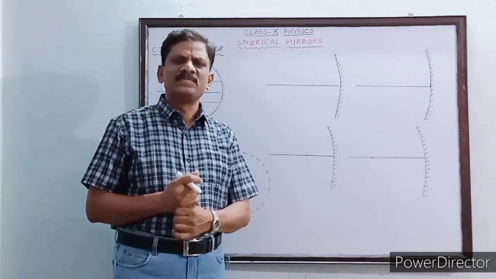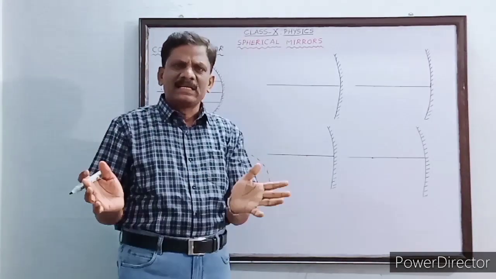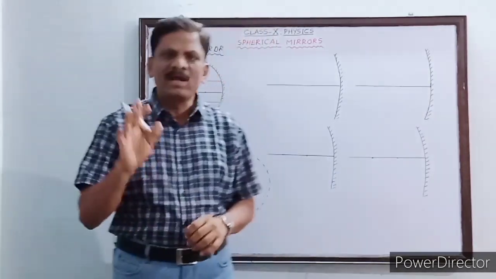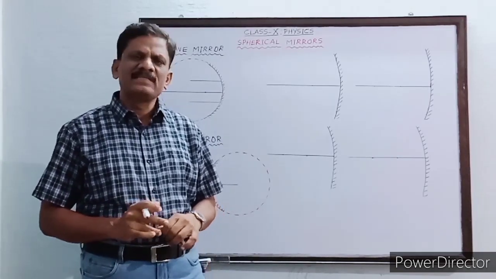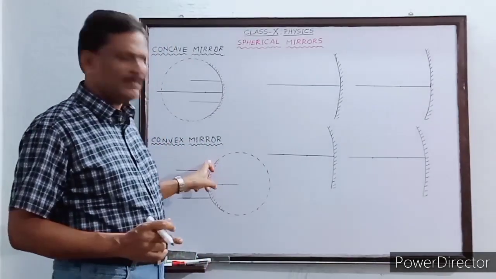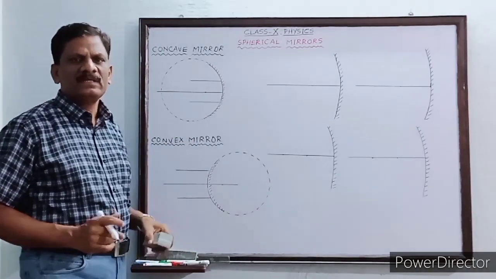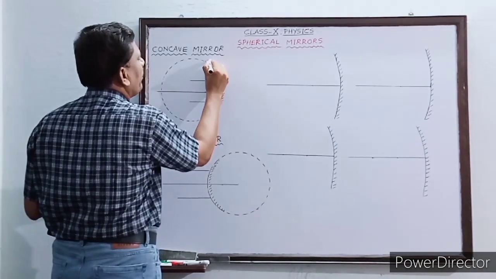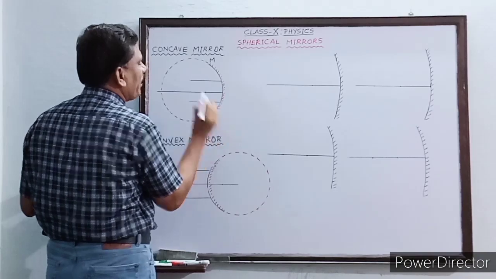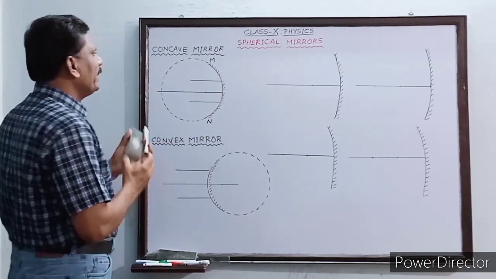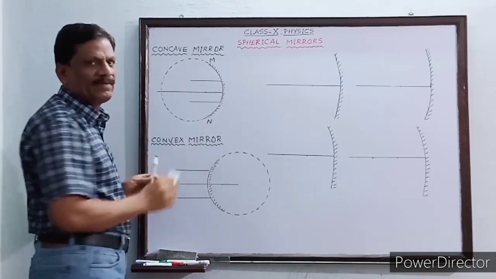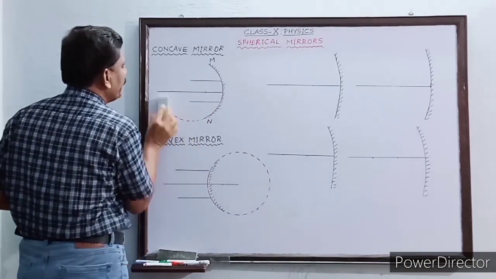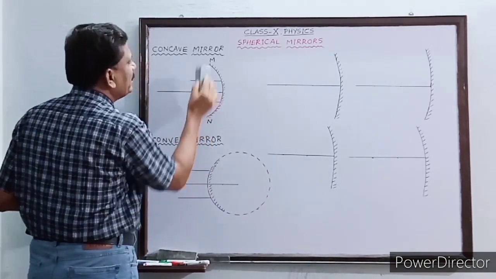Now, though the name is spherical, the entire mirror cannot be fully spherical. The mirrors which we use are partly spherical. That means both the concave mirror and the convex mirror form a part of a sphere. Now you can see a full sphere, okay? And out of this, the mirror forms a portion, M and N. And the remaining portion of the sphere will be cut off, so that the actual mirror forms a portion of the sphere like this. So we have to imagine like this.